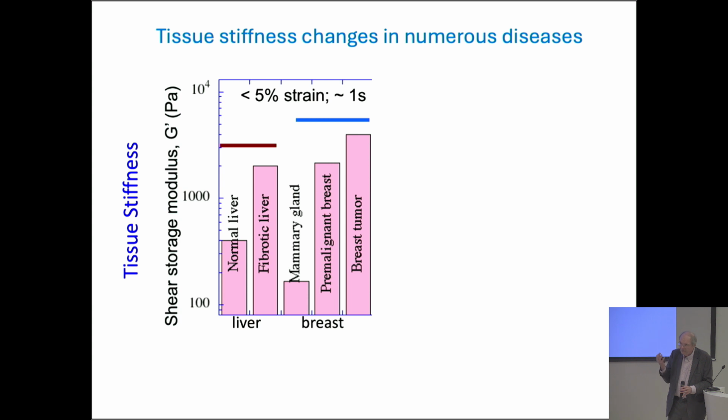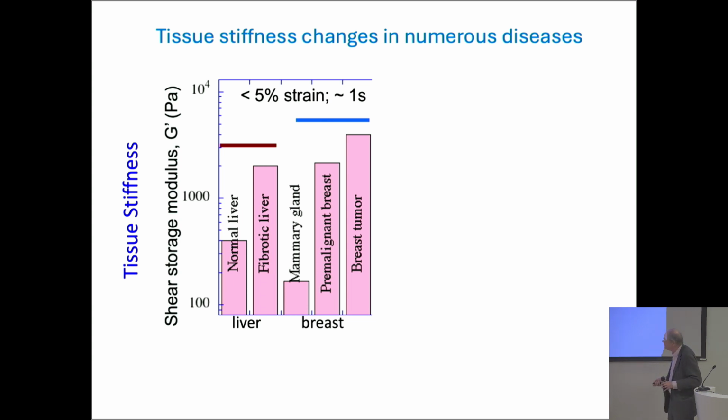If you can measure the stiffness of the liver, you can learn a lot about the clinical pathway of the patient. One of the more obvious changes is that a normal liver is somewhat softer than an aorta. It's a few hundred Pascal. But a fibrotic liver can be 10 times stiffer. And the same thing happens with some cancers.